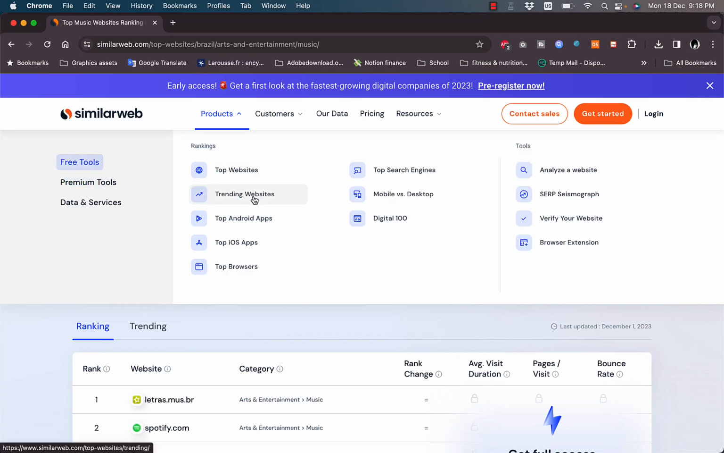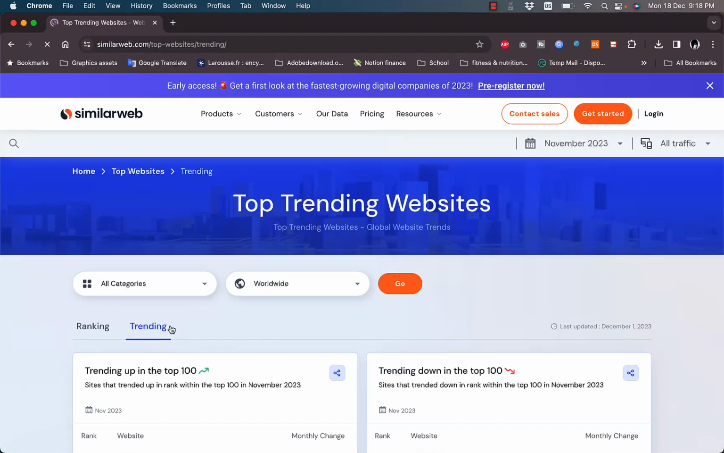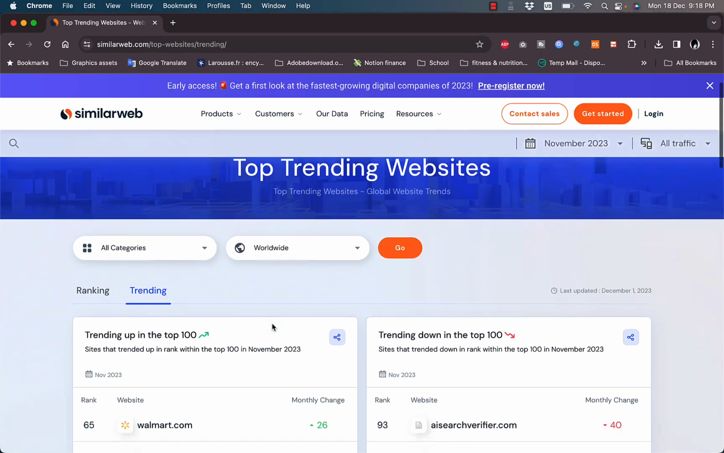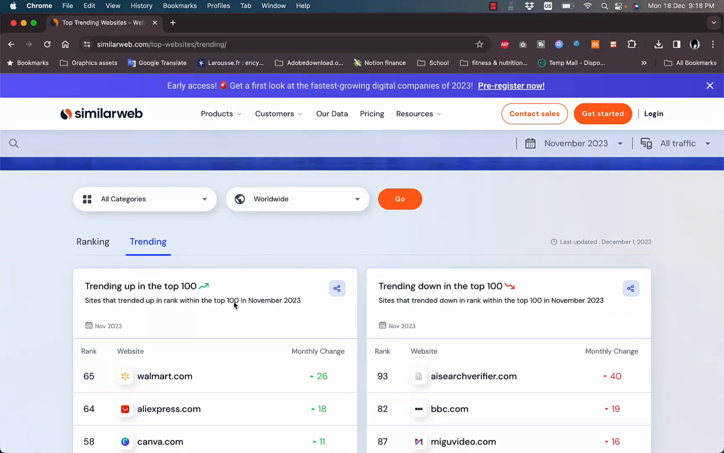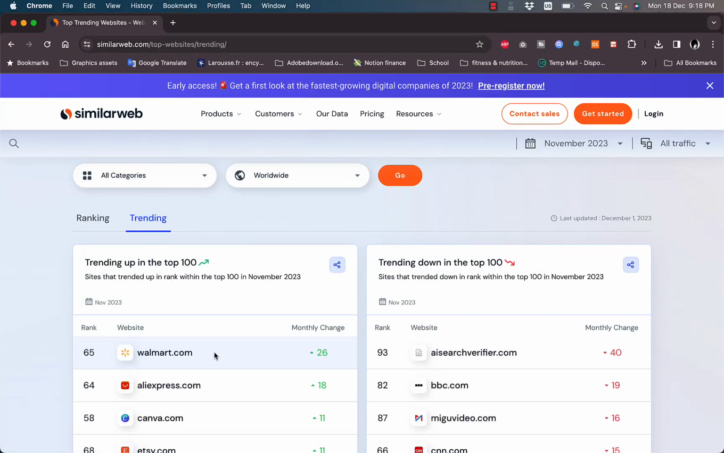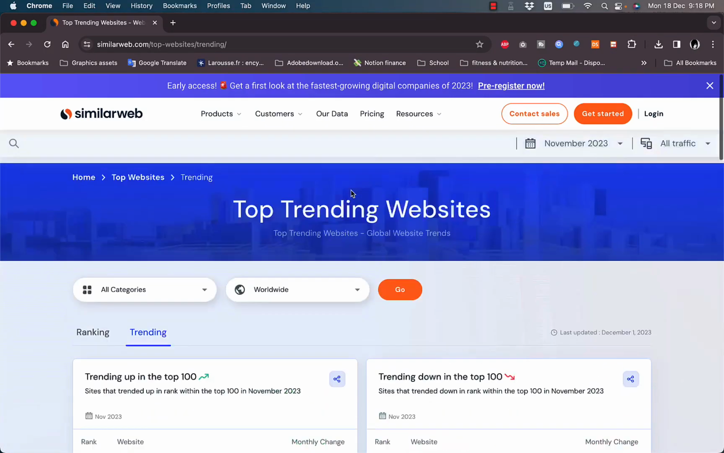The trending websites is the same idea. Go to trending websites. That's the second tab right here next to ranking. You also choose the category and worldwide. However, in all categories, Walmart is the top trending, followed by AliExpress, Canva, and so on. Now let's see